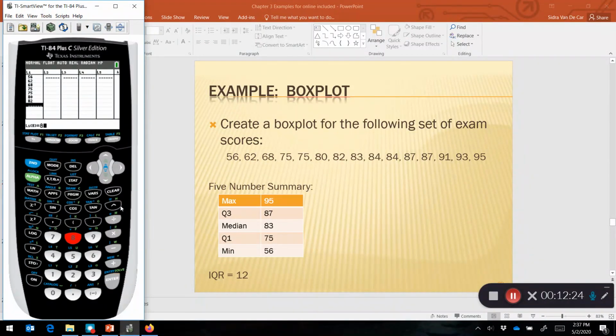So I'm just typing in these data values here, and you can do that with me. And we want to try not to make any mistakes, but I just did right after I said that. Whoops. And once I have them all entered into my list,